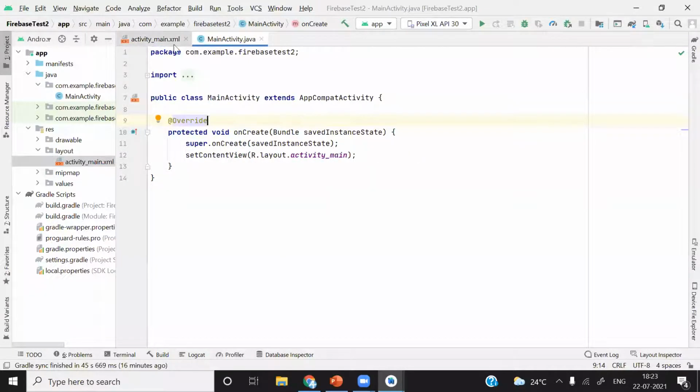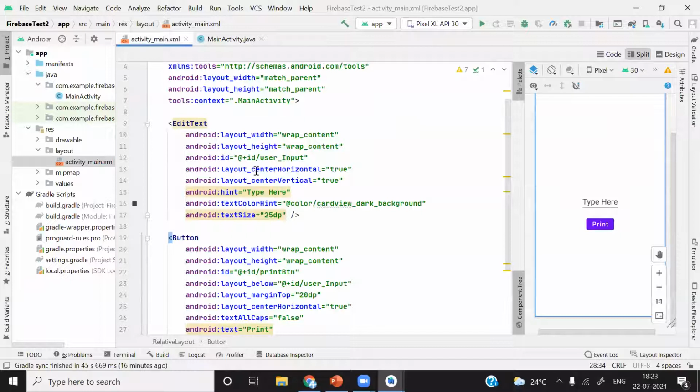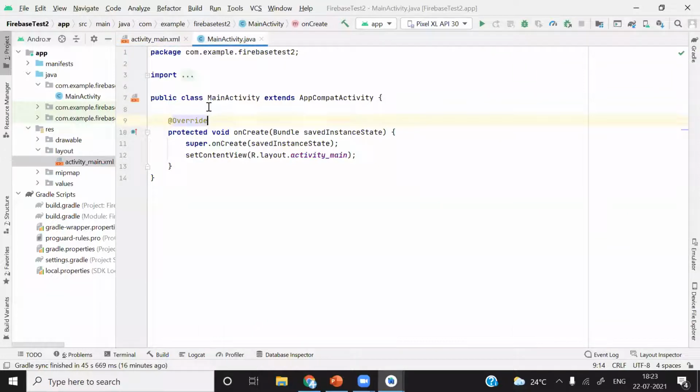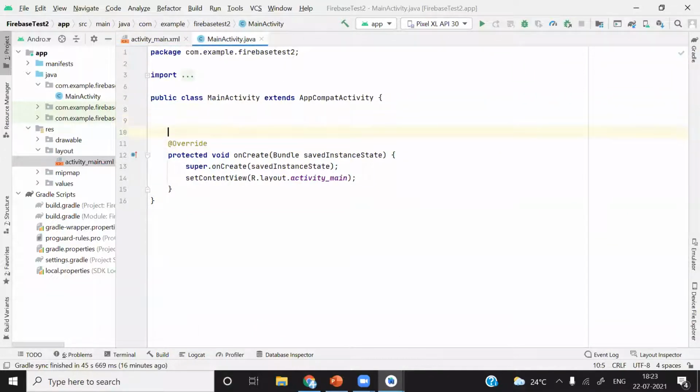So every time you have created this user interface, you have to link this user interface with the backend. To link, you need the IDs of each and every component. So to do that, just take here all the types of components you have added in your user interface.